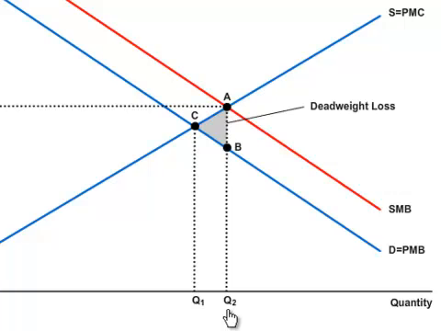Due to the fact that only Q1 gets produced, but Q2 is socially efficient, we have what we call the deadweight loss. The deadweight loss, again, is the difference between how much benefit we could have gained from consuming the socially optimal amount of landscaping versus how much benefit we did gain by consuming the private market amount of landscaping. The difference between the two gives us, again, the deadweight loss, which can be measured as